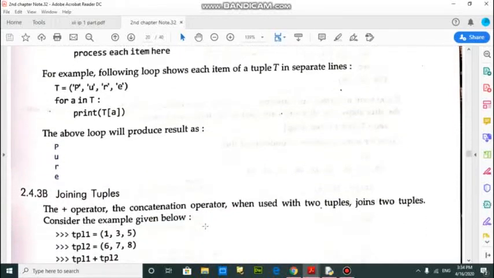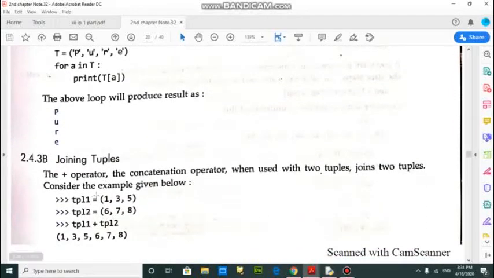And the next topic is joining tuples. For example, this is the first tuple and this is the second tuple, and if we write tuple1 plus tuple2, then the content of the second tuple will be added at the end of the first tuple.